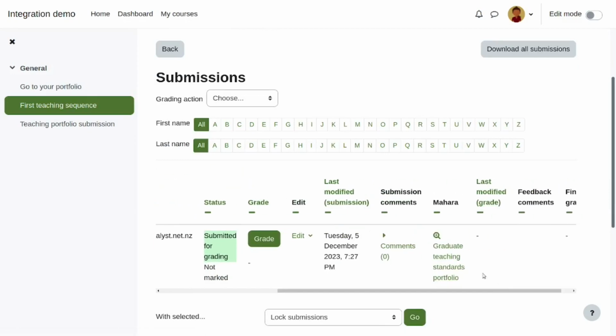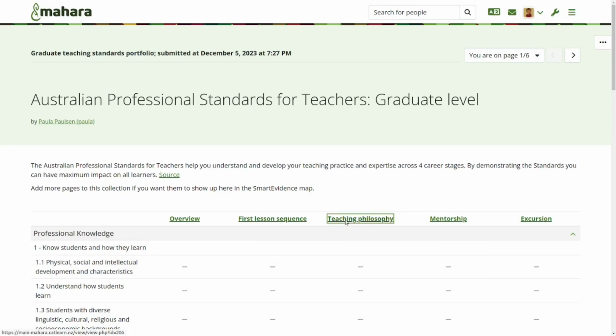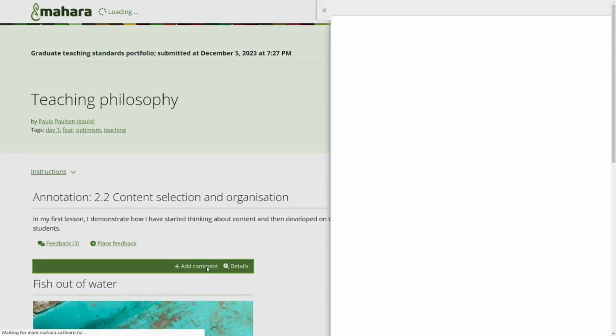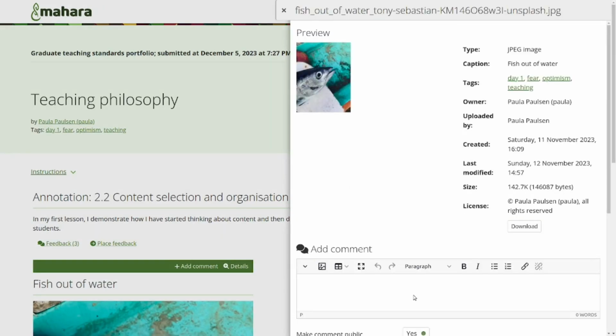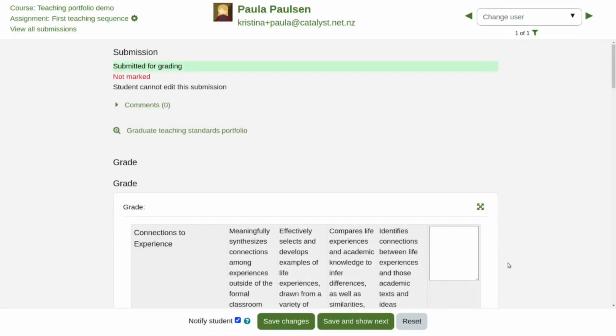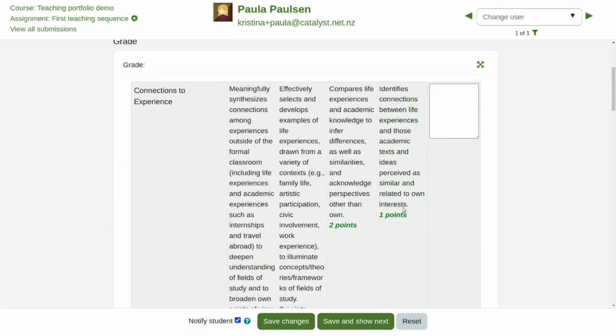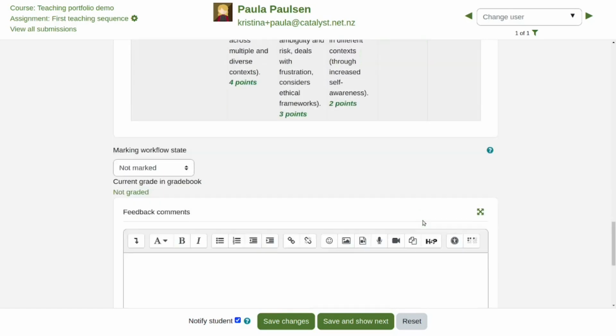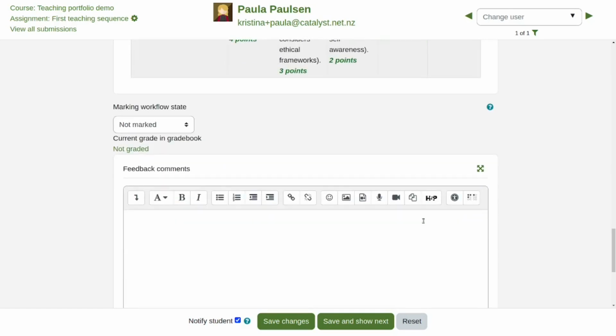As lecturer, I can now go to the Moodle activity and view the portfolio of my student that she submitted. On the assignment, I click the link to the portfolio and then view it. I can add comments directly on artifacts and on portfolio pages. These do not transfer to Moodle. They stay on the portfolio page or on the artifact itself if it is an artifact comment. When I return to Moodle, I can use the rubric that I have set up and leave additional comments that go into the Moodle gradebook.